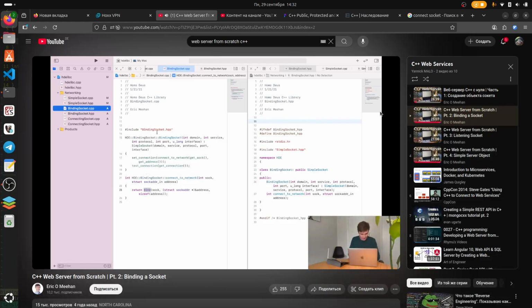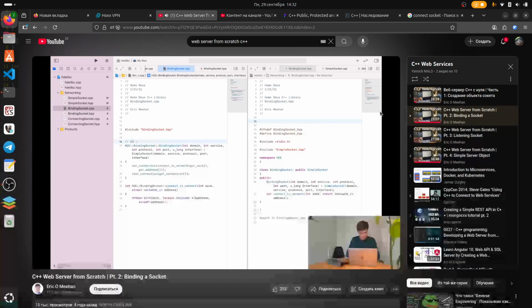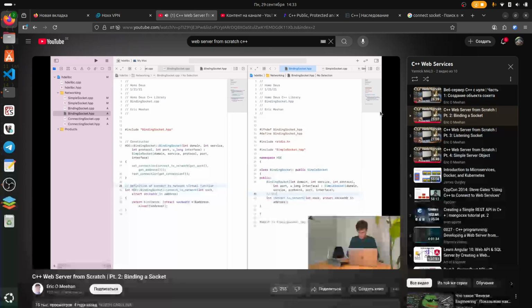So we can say this is the constructor, and this is the definition, and it's not an implementation, it is a definition. Okay. And let's just say this is the